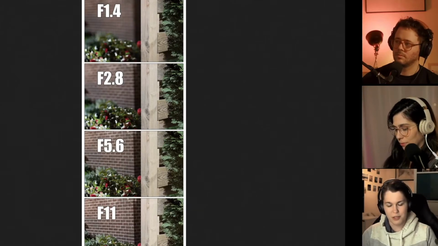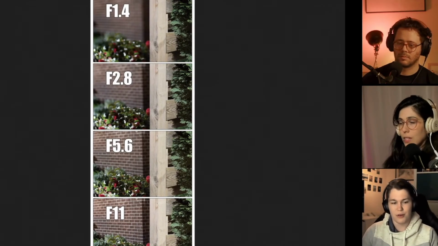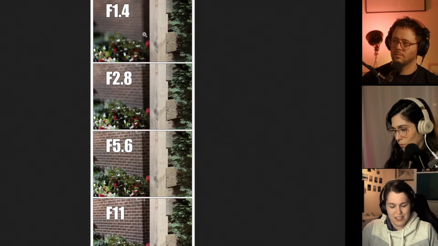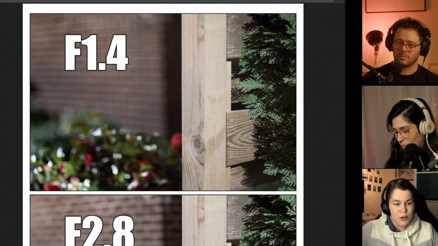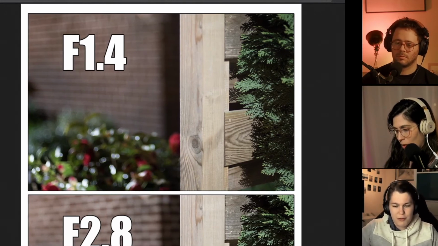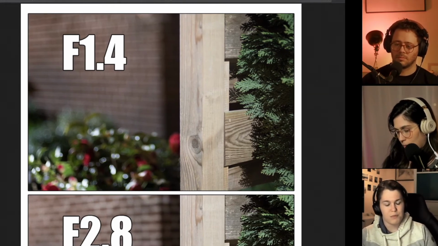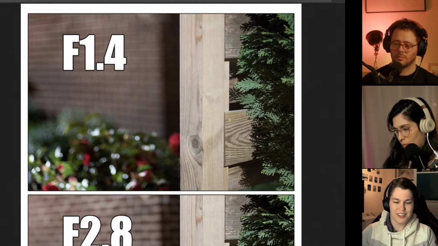So imagine using f2, which is, I guess, the easiest to calculate, and you're using a 50 millimeter lens. It's 50 divided by 2, so it's 25. When you're using a 200 millimeter lens, it's 200 divided by 2, which is 100. So it's double as big, the diameter of the aperture. So you get a narrower depth of field, which makes it hard to get the birds.